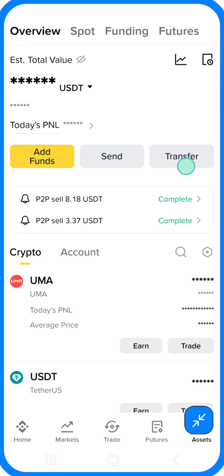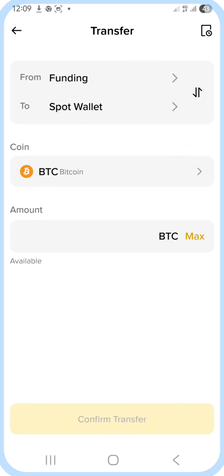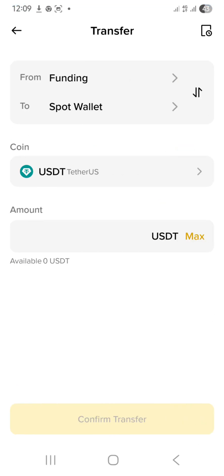The transfer of funds is done here. You click on this one, and it enables you to transfer funds from one mode to another, maybe from funding to spot wallet. Funding means that maybe you have deposited some money, or through P2P trading or a bank account, it goes to funding. If you want to use it on trading, it is always in spot, so you need to transfer it. So you see these two arrows. That means